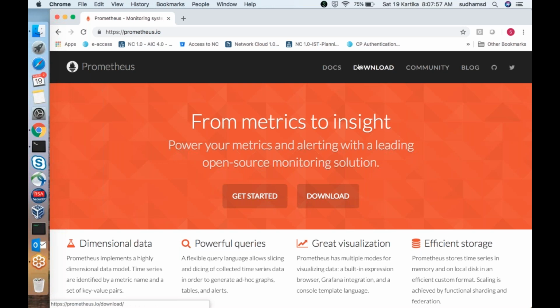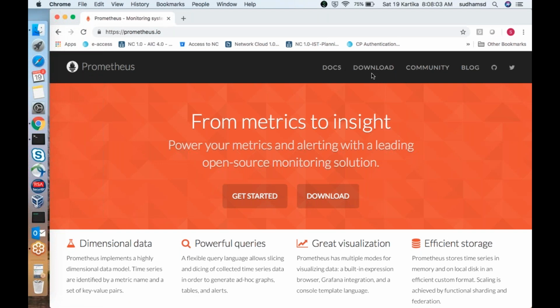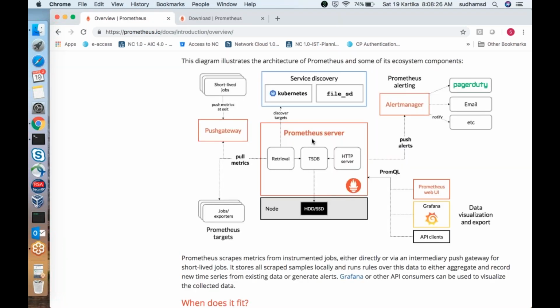You can go to the documents, you can go to the downloads and see what are the packages and their versions. If you want to read some documents, you can open it directly. If I open the document, it will tell you what is Prometheus, what is the architecture and all. This is the architecture of your Prometheus. This is the dashboard which I'm talking about. This Prometheus server will have this dashboard installed, and it will collect the information from different sources. I told you there should be some component installed that will collect the information and give it to the dashboard.